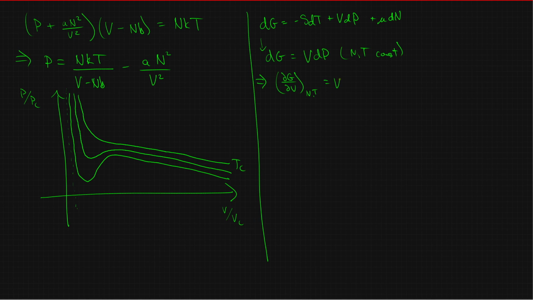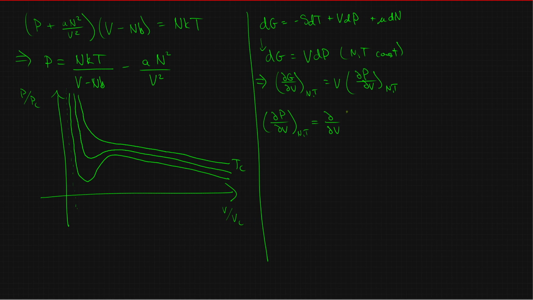But this will just be v del p del v with n and t constant. Okay, so now what we can do is take our van der Waals equation right here, and we can actually calculate what dp dv is for this specific model that we've built. So if we do that, del p del v with n and t held constant,